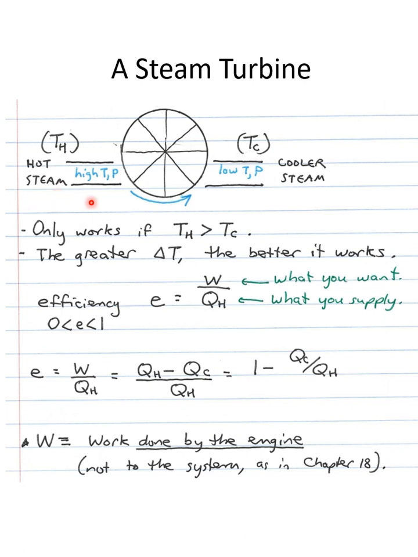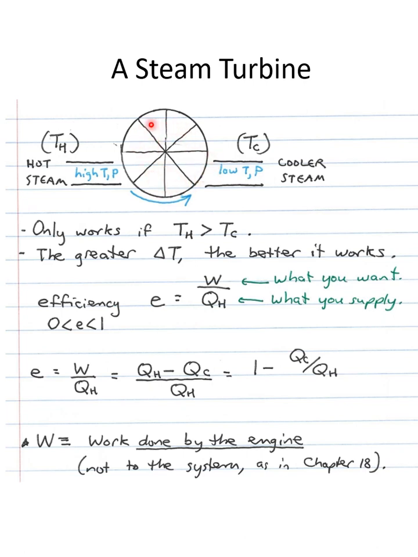And so on the left, we have steam that is high temperature, high pressure. On the other side of the turbine is a cooler area. And so the steam that's going to be on the other side is going to be lower temperature, lower pressure. So its temperature is T sub C, for T sub cold. Now, if you've got high pressure on one side, low pressure on the other side, that's going to get this